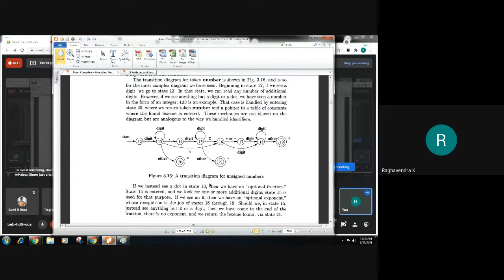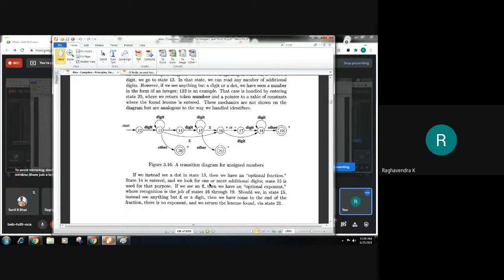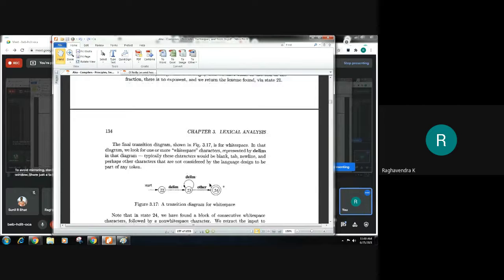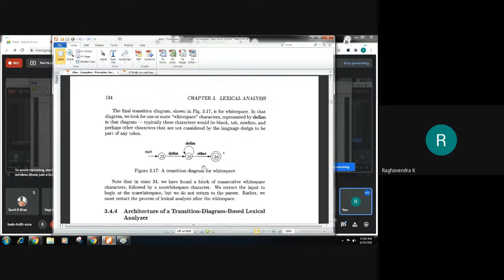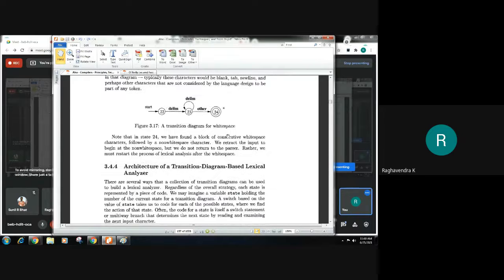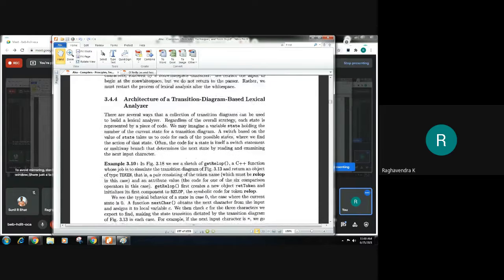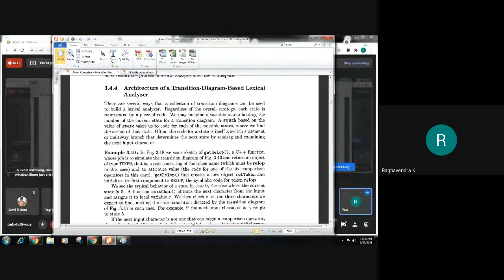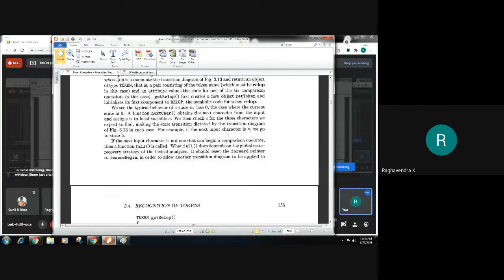Now to generate the code, we will use the following. There's one more transition diagram for delimiter, which can obviously be a part of our transition diagram. So how do we write a code for this? How do we generate a code for this?